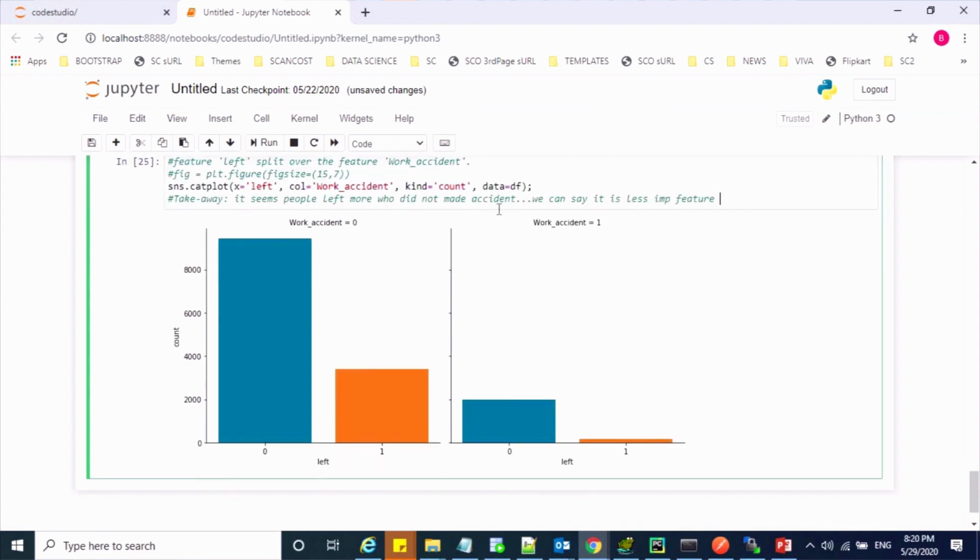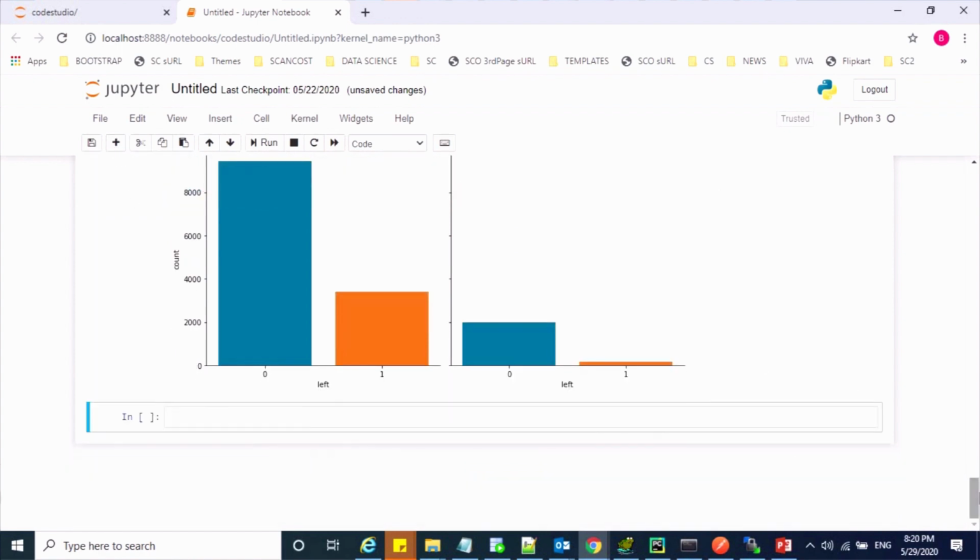So now we are done with the categorical features. Now we will try to see the numerical features also. Usually we use two methods here, the distribution plot and the box plot. The dist plot is used to see the distribution of the feature values. Let us check with the satisfaction level feature. So here is the command.